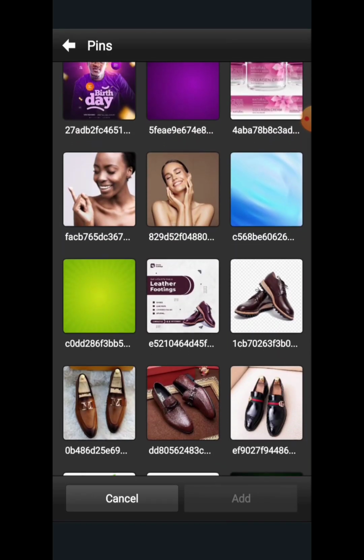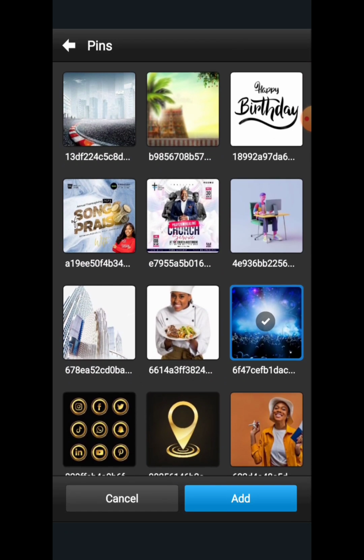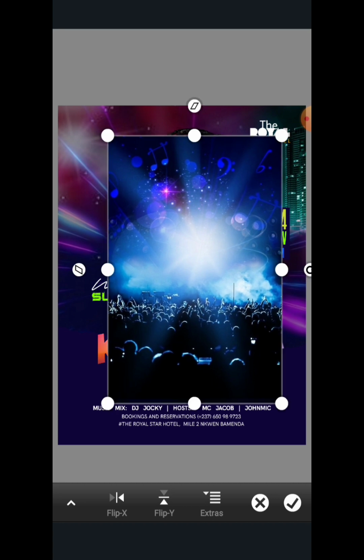I'm going to look for a particular light effect. It's kind of a stage light, so I have it here. I'm going to expand it a little bit. Click on the check mark here,